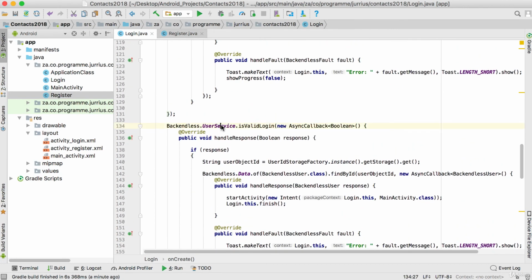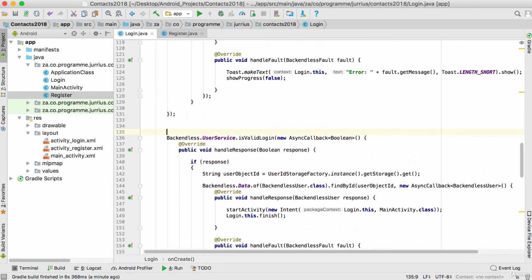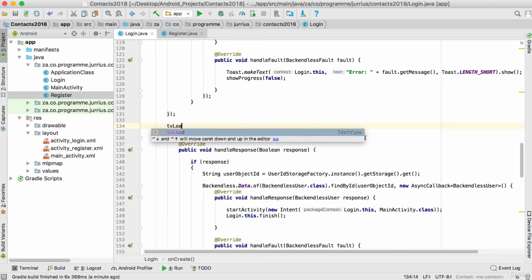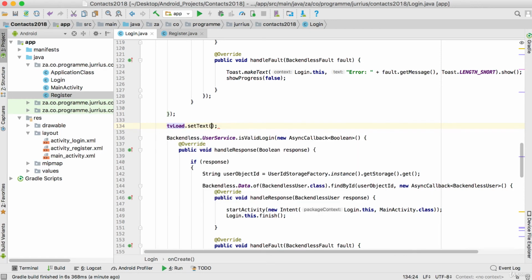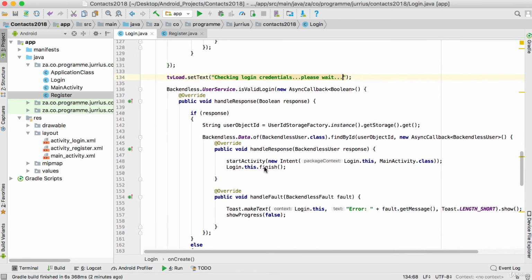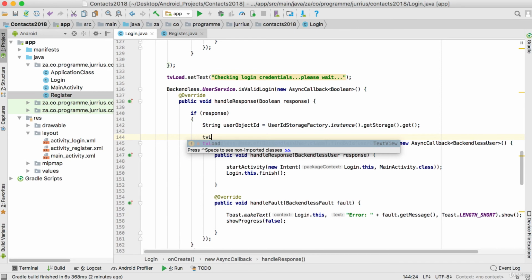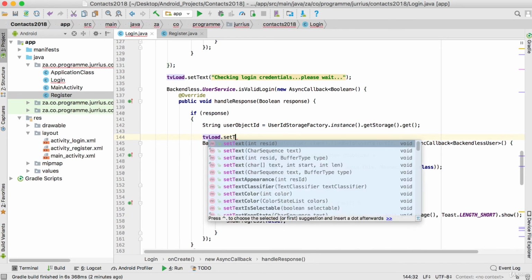So then we go into the user server and check whether we can log in this guy. So we can also set TV load here. So we can say set text, and when we want to check if the user is logging in, we can basically say something like checking login credentials, please wait. And then as soon as we get into this part where we know this guy is fine, it is true there, we can then say here TV load, we can change it again. We can set text